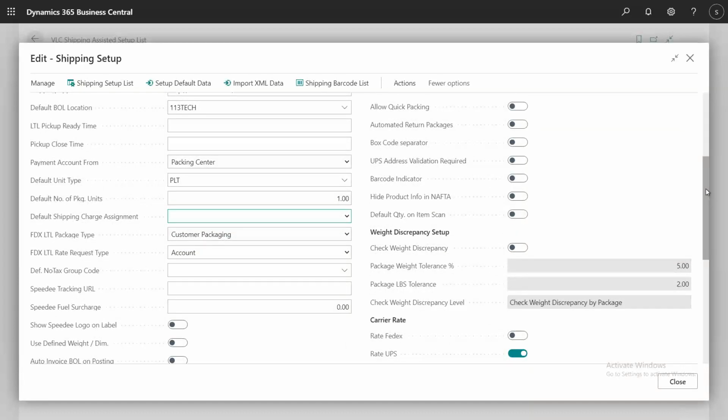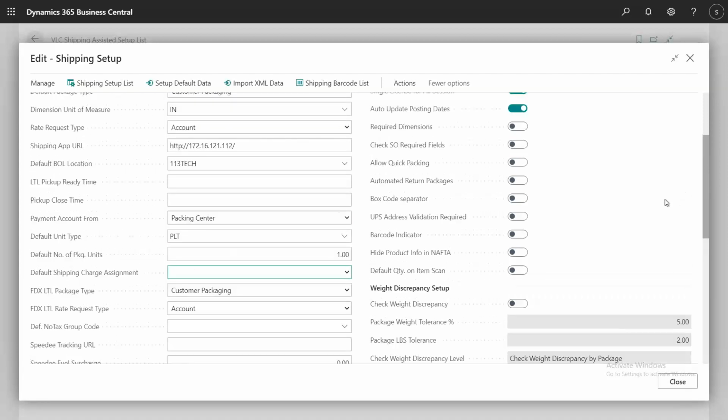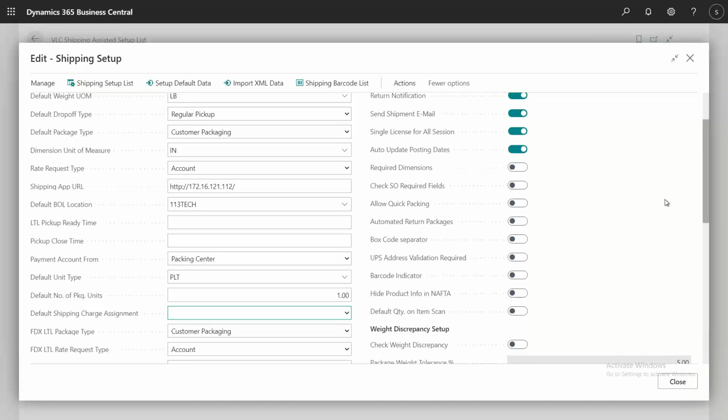And you have dimensions for all the packages. You want to make it mandatory to enter the dimensions for all the packages. I think so. Is that normal? Yeah, we have one setup called required dimensions. If it is set as true, and the shipping user does not enter any length, width, and height, it will give an error to the user saying that these fields are missing. Yeah. Okay. So make it enabled, Dinesh, the required dimensions.